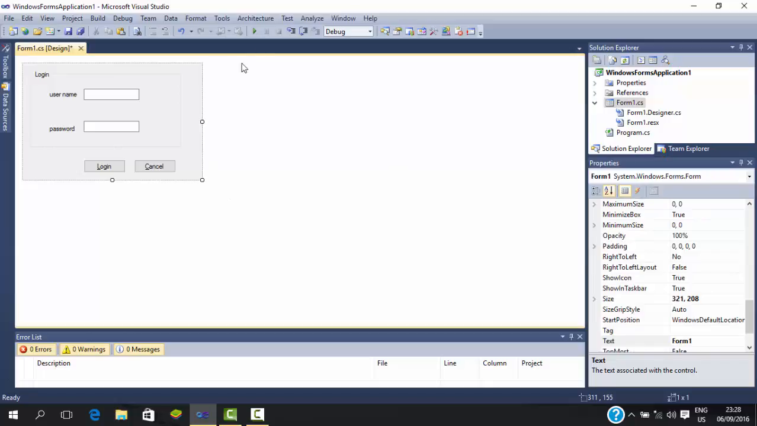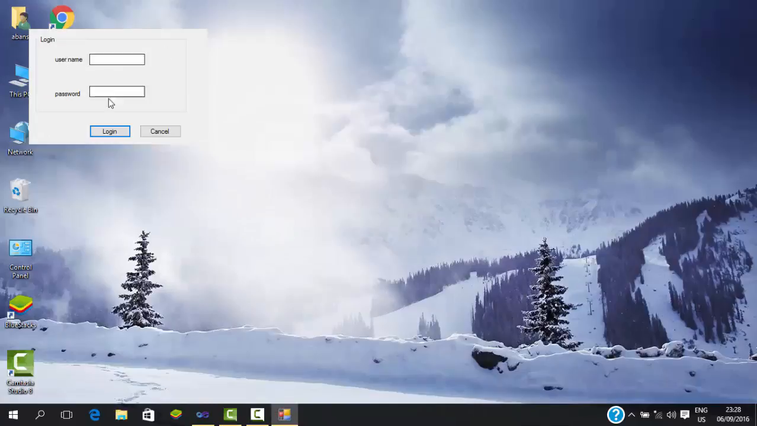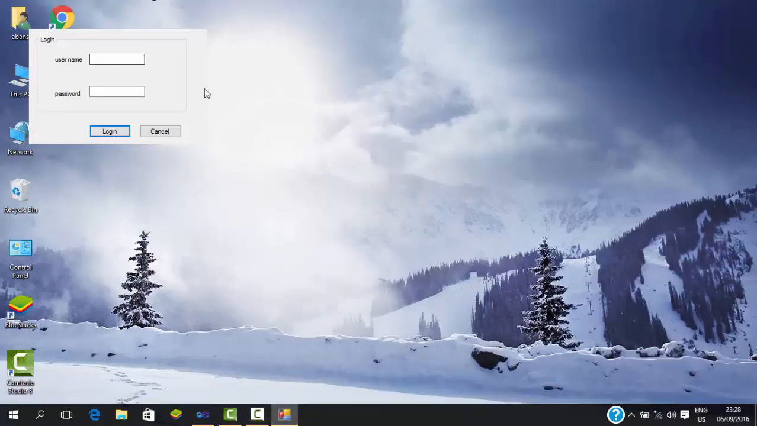Now let me run this and see how the login form looks. Here is a login form. It is not coming into the center. If you want to align into the center,